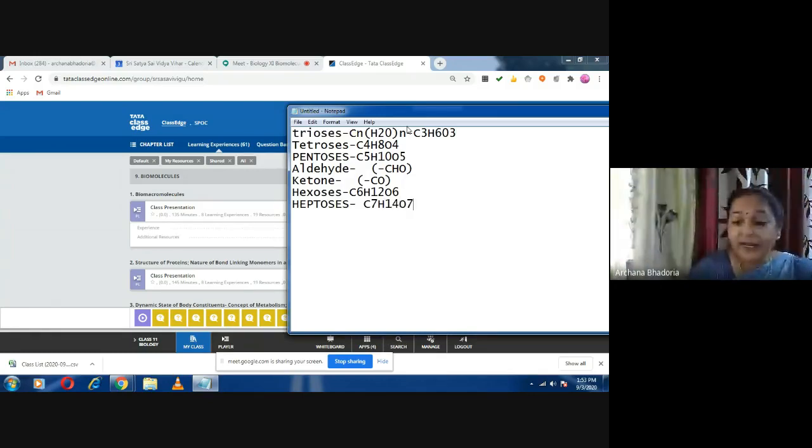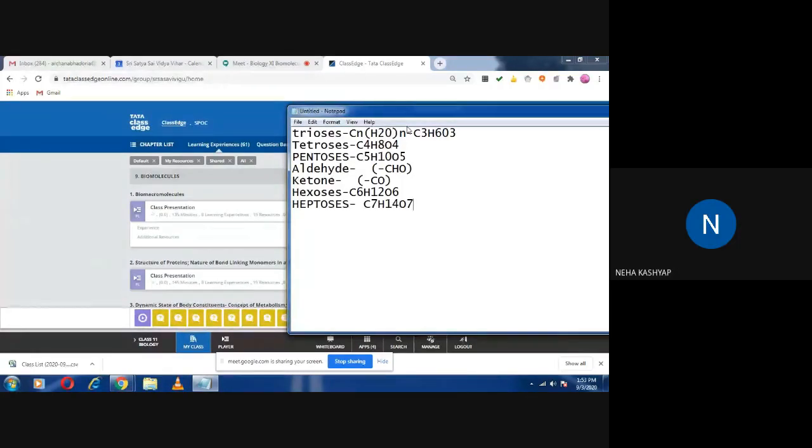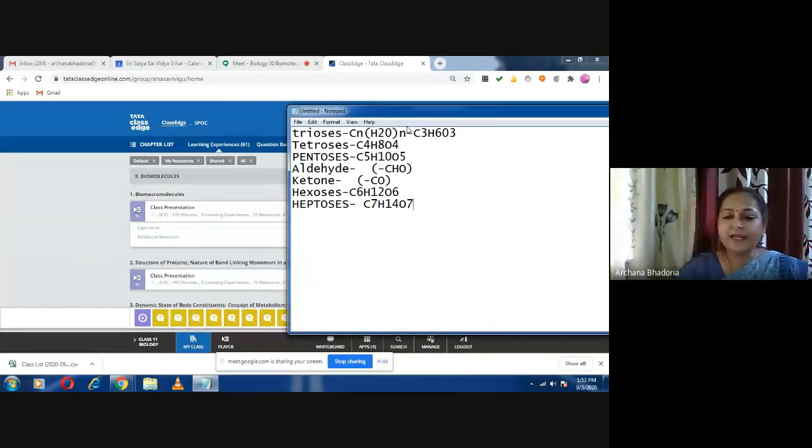Are you all writing in the notebook, everyone, or not? Yes, ma'am. Everyone has to note down. If you do not write, then nothing comes into practice. When you write it down, it becomes clear. And I hope you are writing the subscripts, all these numbers that I am putting.